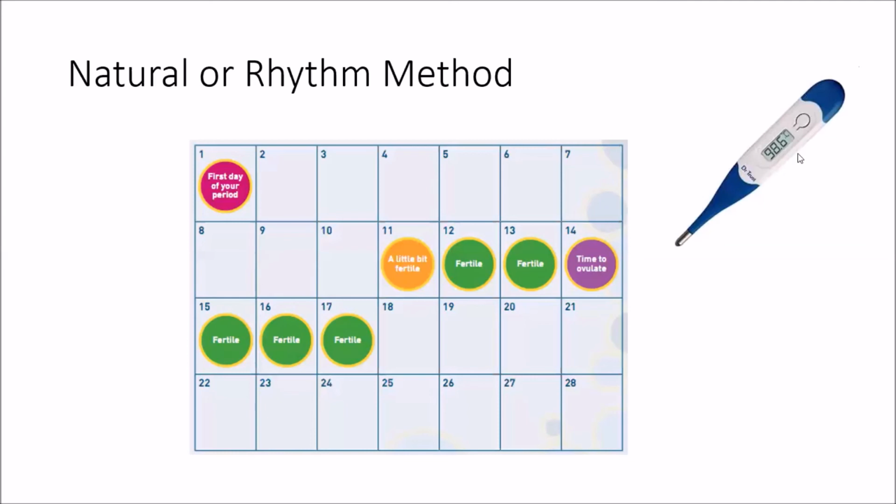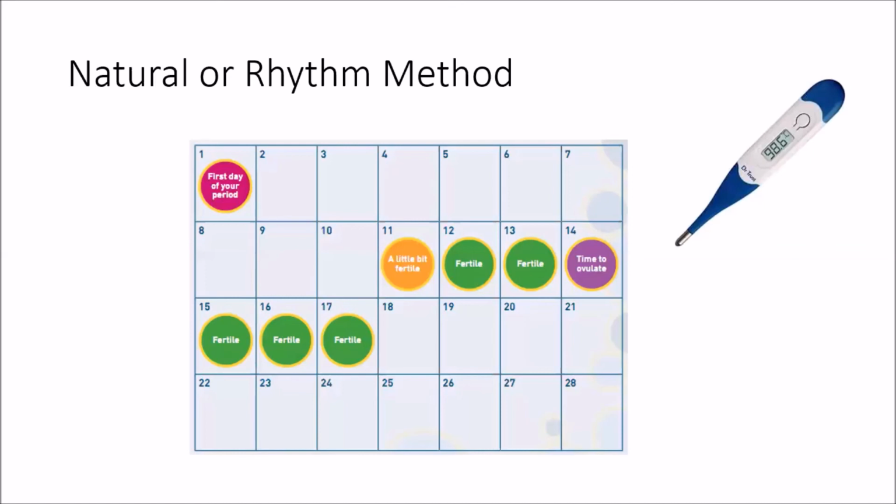You have something called the temperature method. Okay, so with the temperature method, basically, when a female is ovulating or when she's most fertile, her temperature tends to increase a little bit. So on those days when a female's temperature is a little bit higher, they would say that ovulation is about to occur. So basically, with someone using the temperature method, they have to take their temperature every single day